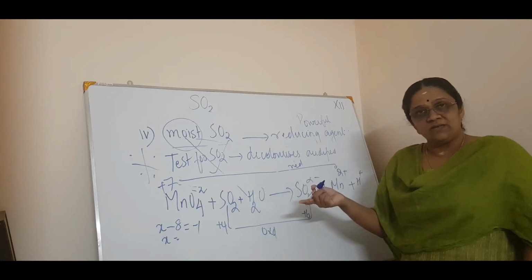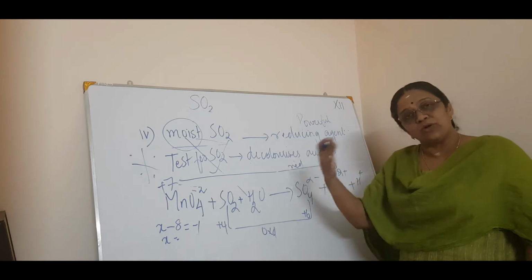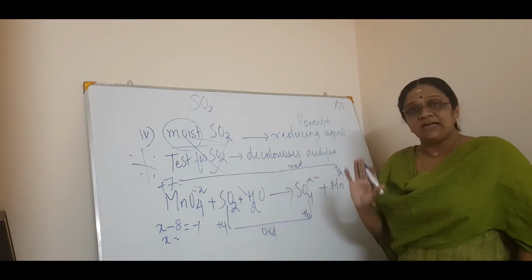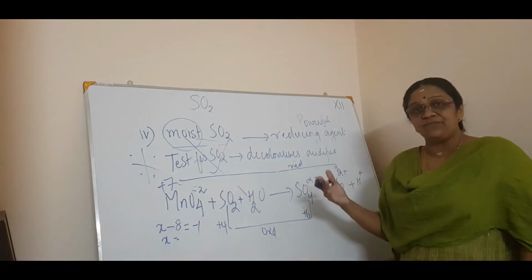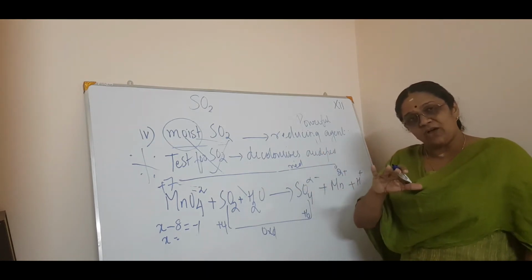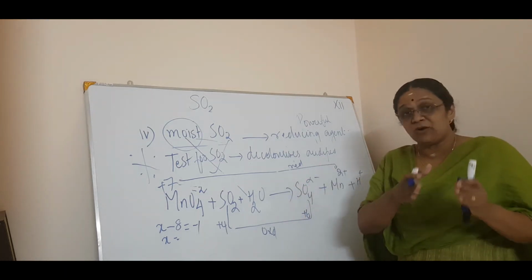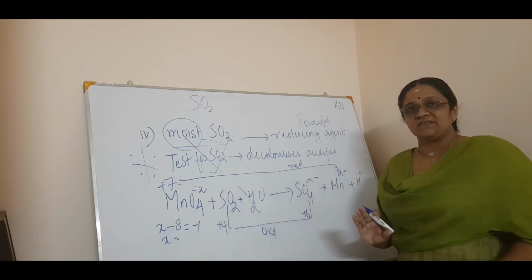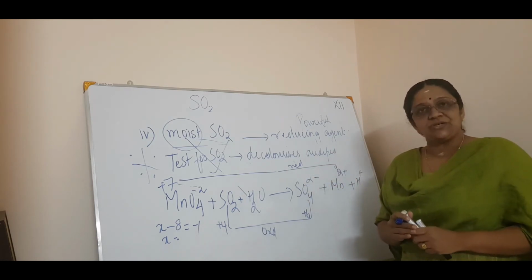No problem. So you study only one thoroughly. Both can act as the reducing agent as well as the test for sulfur dioxide. But the other is easy for study. That is Fe3+ will be converted to Fe2+, and sulfur dioxide is converted to sulfate. That's all. Then here it is water because it is moist. There H+ is liberated. So that way you connect the equation.